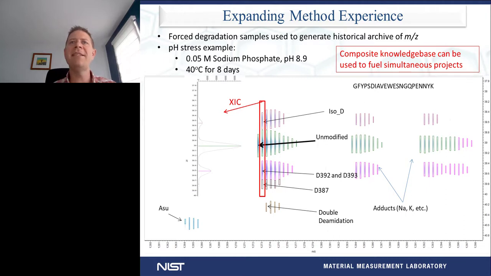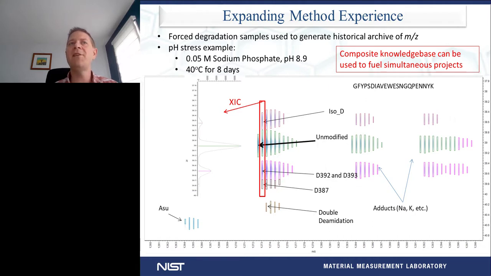So now if you look at the D329, for example, you can actually see that that signal has shifted a half of a Dalton forward. This is because we're looking at a doubly charged peptide in this particular case. What we can actually do is do an extracted ion chromatogram of that section, and you can actually see the relative abundance of the various peaks. So these are the iso-D, or the isoaspartic acid eluting before the unmodified peak, the unmodified, and then various combinations of deamidation of individual residues, combined residues in the double deamidation, for example.